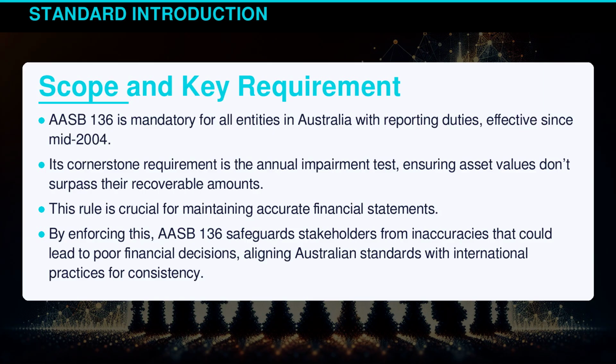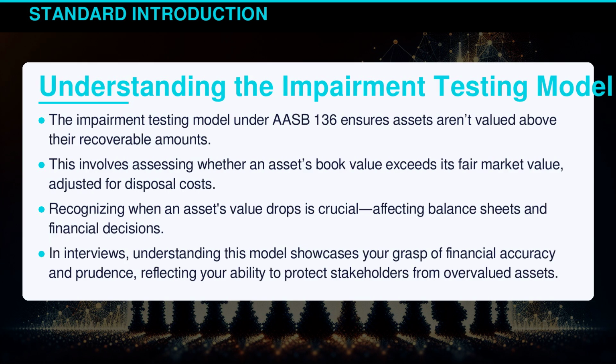international practices for consistency. The impairment testing model under AASB 136 ensures assets aren't valued above their recoverable amounts. This involves assessing whether an asset's book value exceeds its fair market value, adjusted for disposal costs. Recognizing when an asset's value drops is crucial, affecting balance sheets and financial decisions. In interviews, understanding this model showcases your grasp of financial accuracy and prudence, reflecting your ability to protect stakeholders from